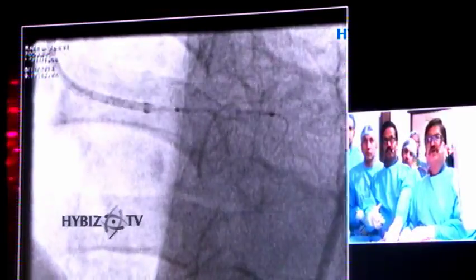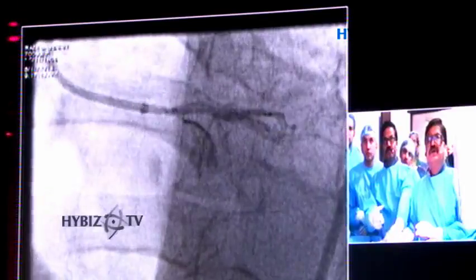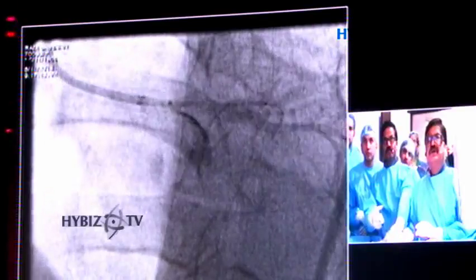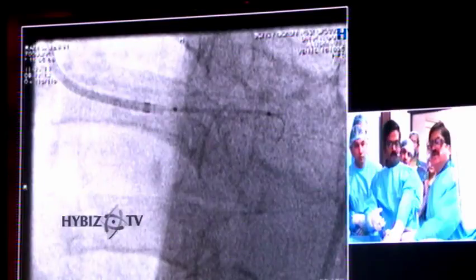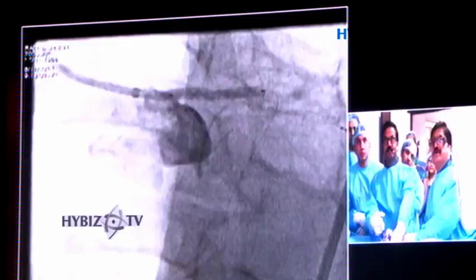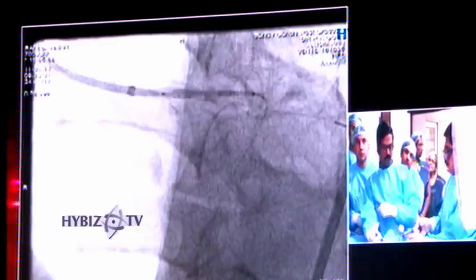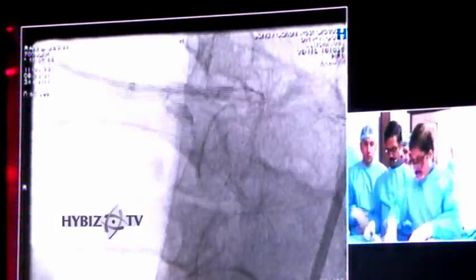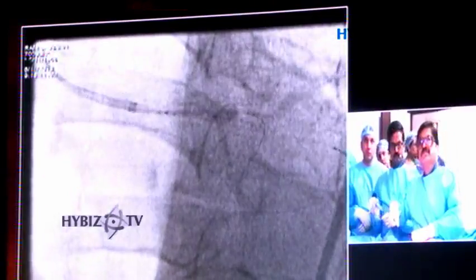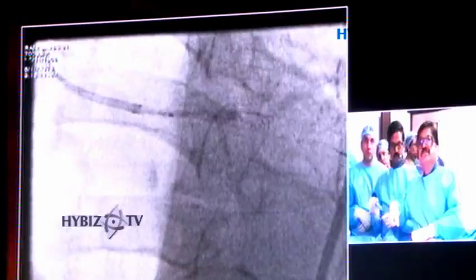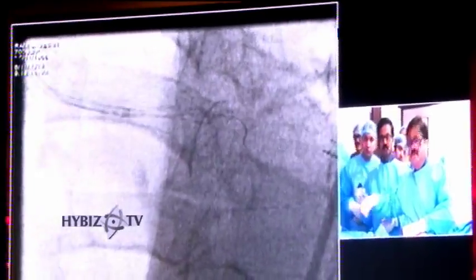It shows you the best. Angio, please. You see, you get such a beautiful picture there. So I have just put it right from the ostium. The circumflex wire is